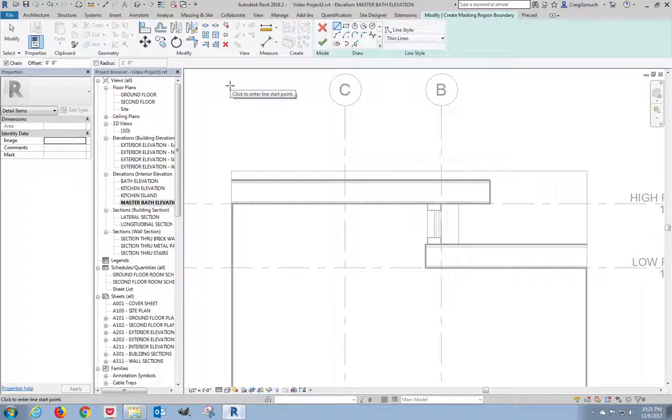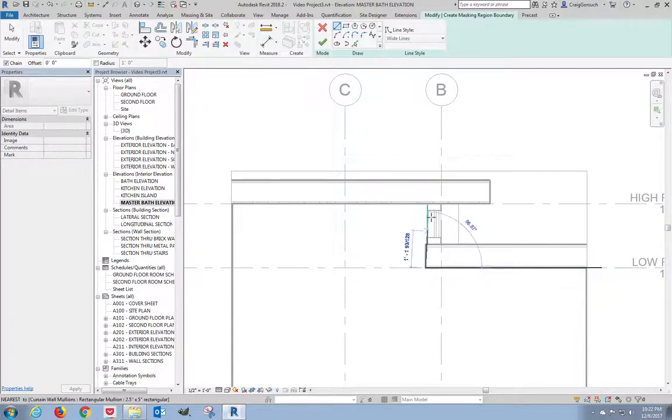Now, when you click on it, the first thing that it does is it puts you in sketch mode. This is the same kind of mode, you can tell, because it's got that greenish, bluish tint right here. It puts us in the same type of drawing environment that we used when we were generating the profile for a roof, or for a floor, or for a floor slab. Same kind of thing. Instead of using thin lines, I'm going to use wide lines, and I'm going to start right here,